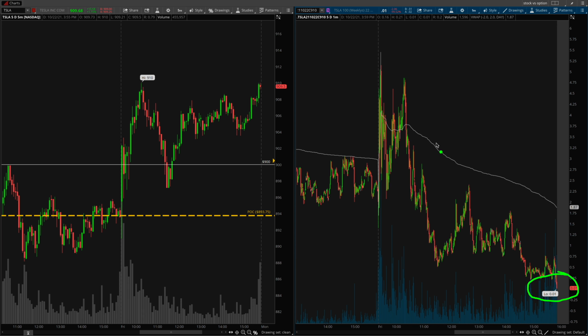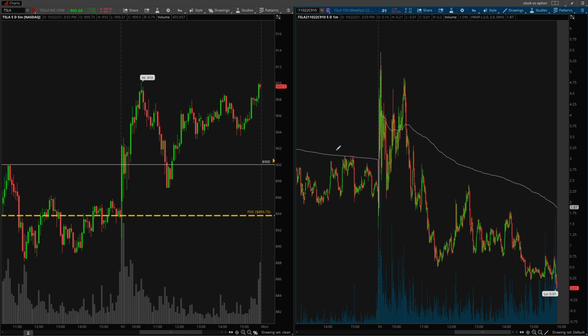And that's just because time decay is so harsh, because this contract only has X amount of hours. It doesn't even have a full day to actually have some sort of intrinsic value. Now, whenever you see the price of an option that's out of the money, that means it's all extrinsic value, which means it's actually not worth anything unless it goes in the money. So in order for this option to be worth something, Tesla needed to go higher than 910 by the end of the day. This ends up being a great option to short, not buy,